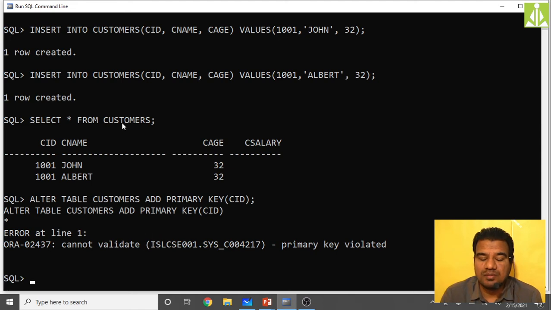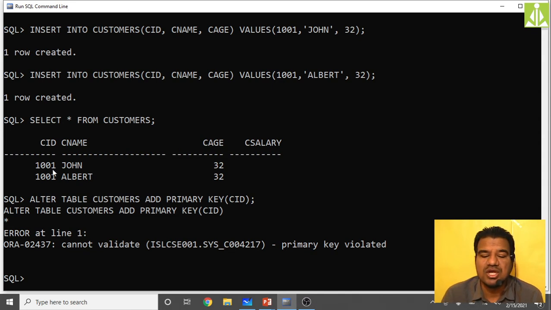If you want to impose a primary key on an already existing table, make sure that whatever column you are trying to impose the primary key on should not have any null values, because a primary key has to satisfy the not null constraint as well, and it should have all unique values because it has to satisfy the unique constraint as well. So both constraints the primary key has to satisfy.